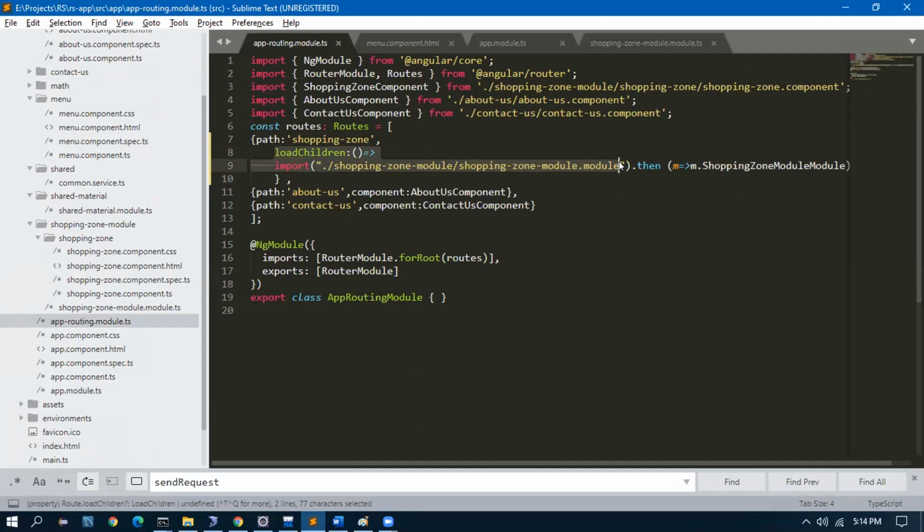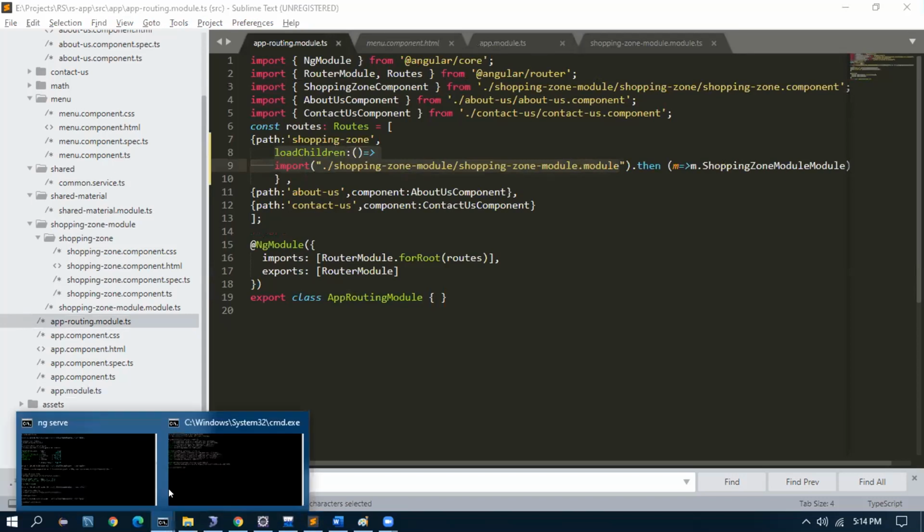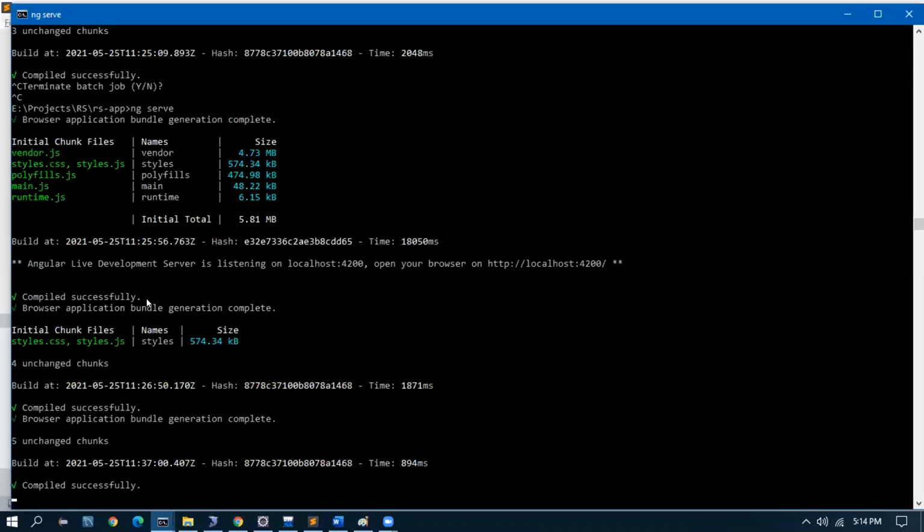What's the particular use case, Rajesh, here for this? This will reduce the app size when the app is building. Now it is time for you to look into the small chunks which are getting built. If you see here, the initial chunk size: vendor JS, style CSS, it is 574 KB, polyfill main 48 KB, and runtime 6 KB.